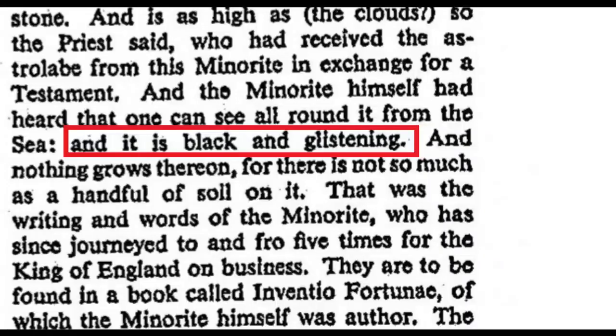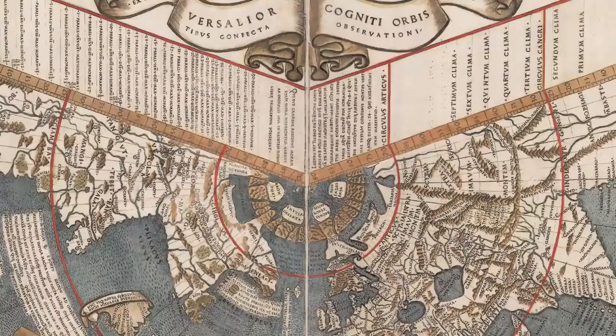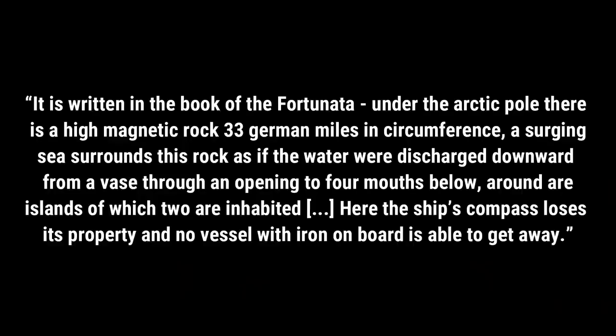In Johann Ruysch's 1508 map, the North Pole is represented in a similar manner, and the map's legend states, "It is written in the Book of the Fortunata, under the Arctic Pole there is a high magnetic rock, 33 German miles in circumference. A surging sea surrounds this rock as if the water were discharged downward from a vase through an opening to